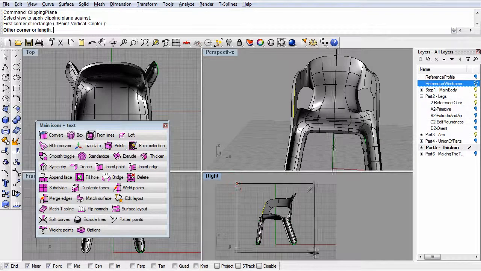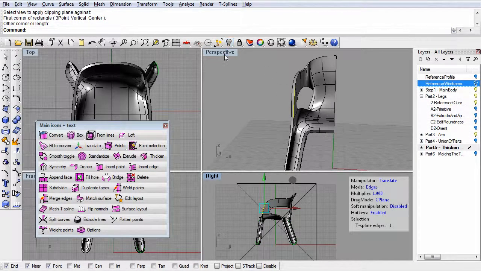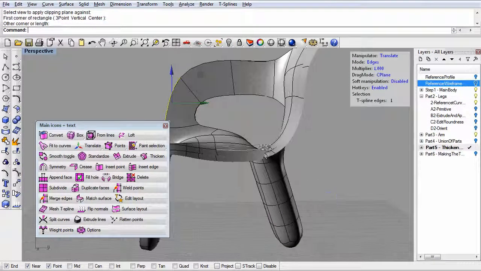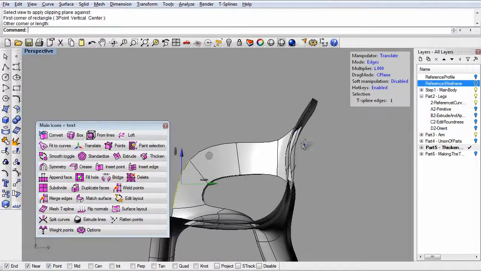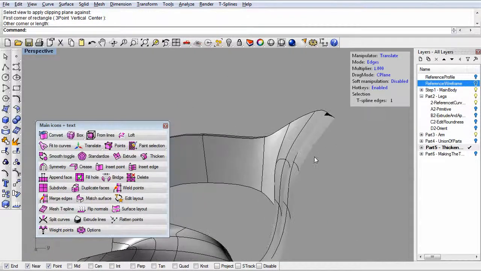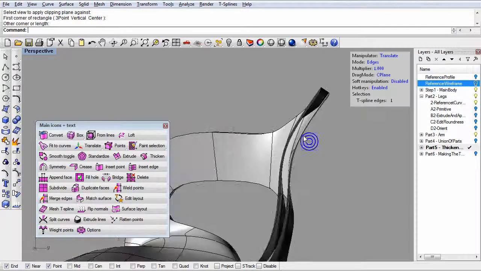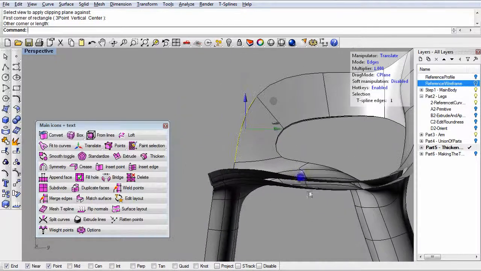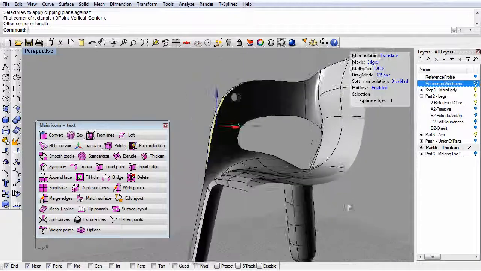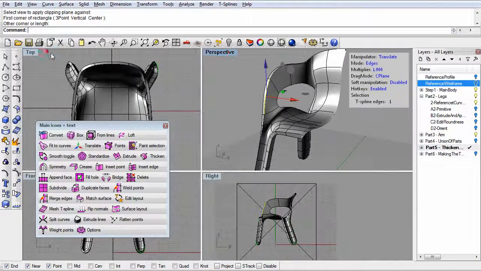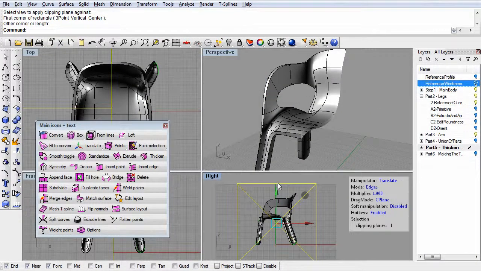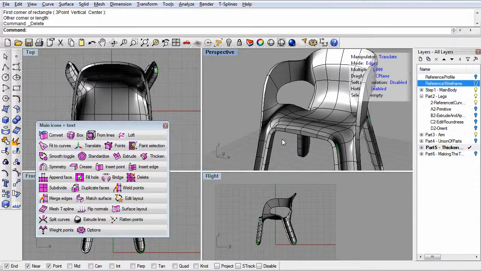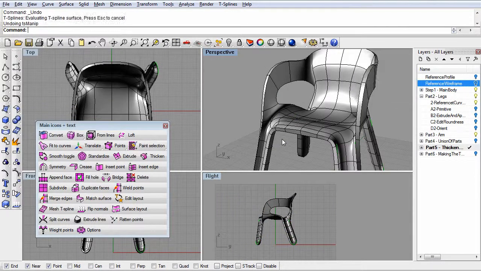We can see what the thickness looks like. So you can see it's a pretty constant thickness, but it's just offsetting each control point. So where there's more control points, there'll be a more constant thickness. Let's undo the thicken command and see the other way that we can thicken the T-Spline,